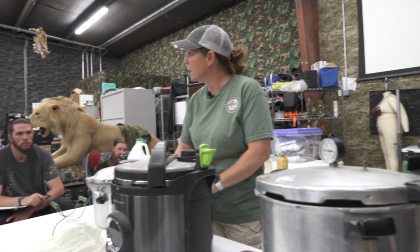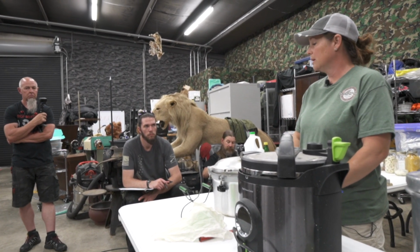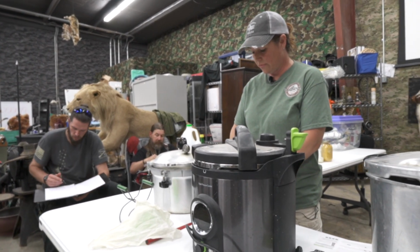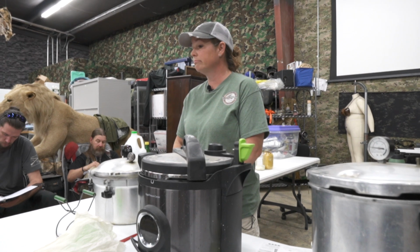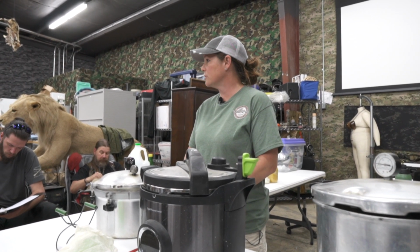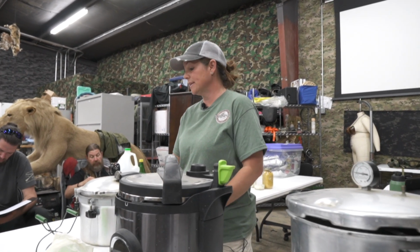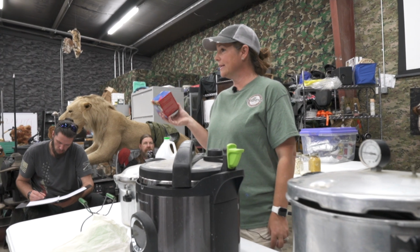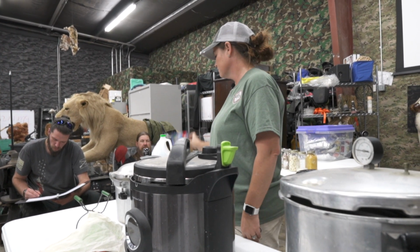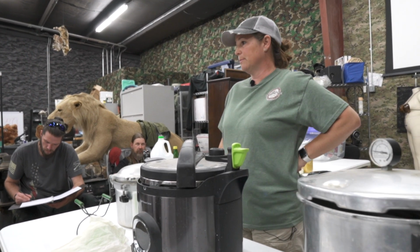Are we safe to eat the jars that failed? If they fail immediately, yes. You can put them in the refrigerator and come back to them. Or if you've got different things, you can turn them into soups. Like if you've got corn, green beans, and peas that you've just done and they all go bad, then I would throw them into a big old pot and make soup out of it and then recan them as soup. You can try to reprocess them one time. If it doesn't work the second time, then I would not use them at all. And if you find them a month later, no, I wouldn't use them at all,